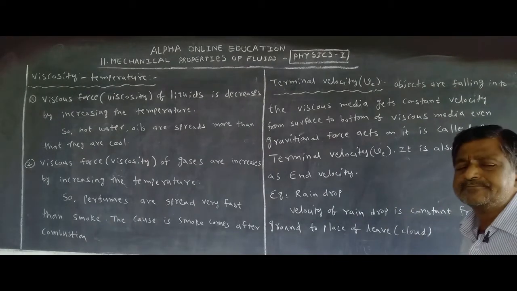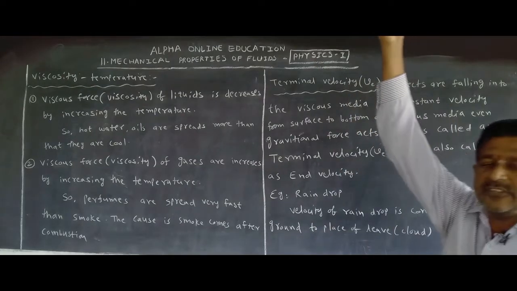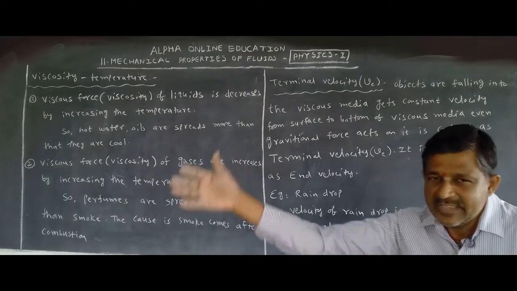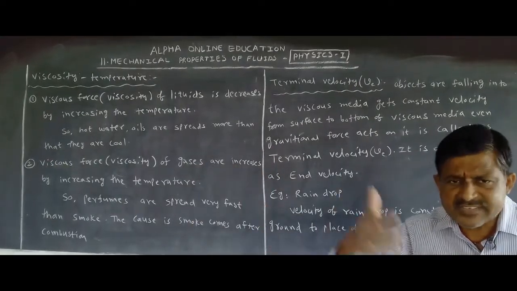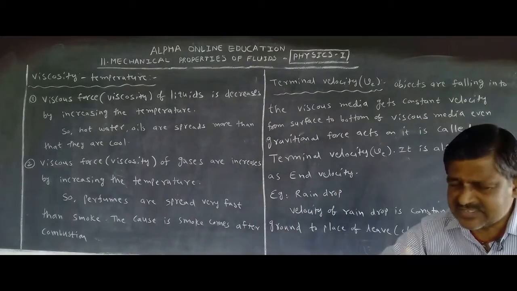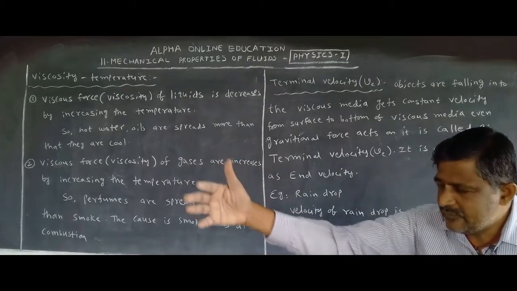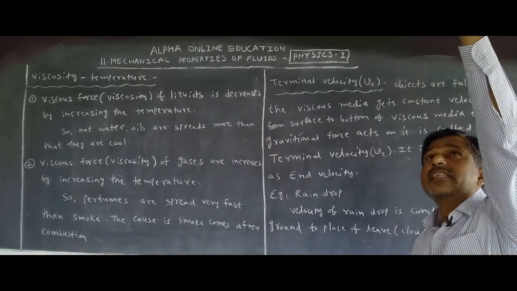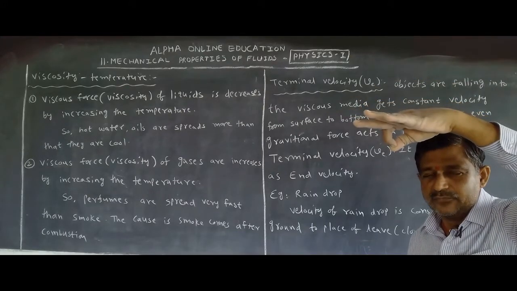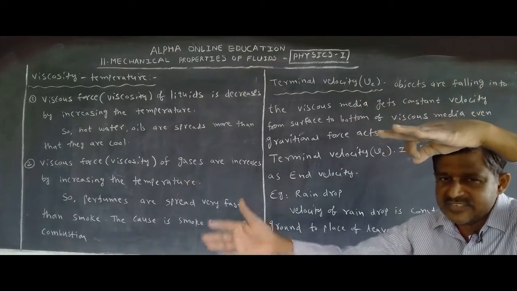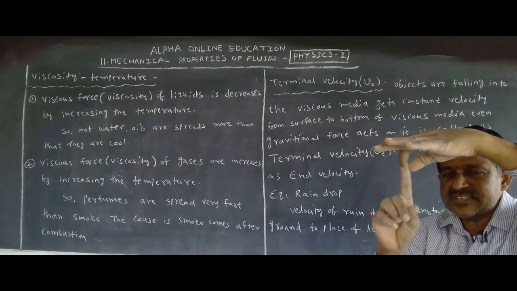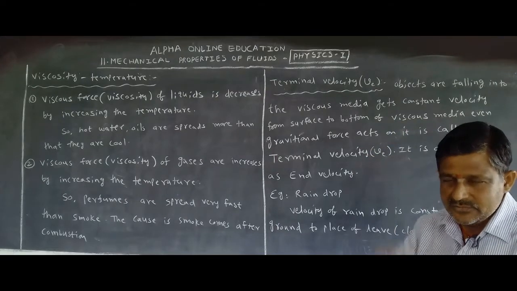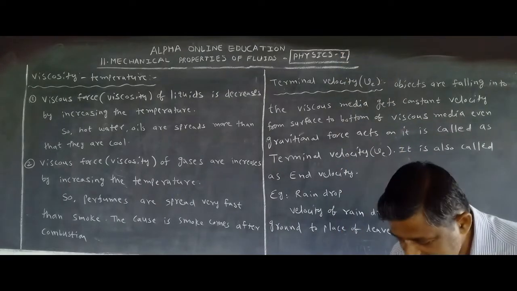Example, a raindrop. The rain comes from the clouds. From the cloud to the ground, what blows? Air. Is air also a viscous fluid or not? Yes, it has viscosity. When the wind blows, it also has a number of layers. When the rain moves towards the ground by the gravitational force, the air flows and has viscous force. This viscous force does not let the velocity increase, even though gravitational force acts. So it moves with constant velocity until it touches the ground.